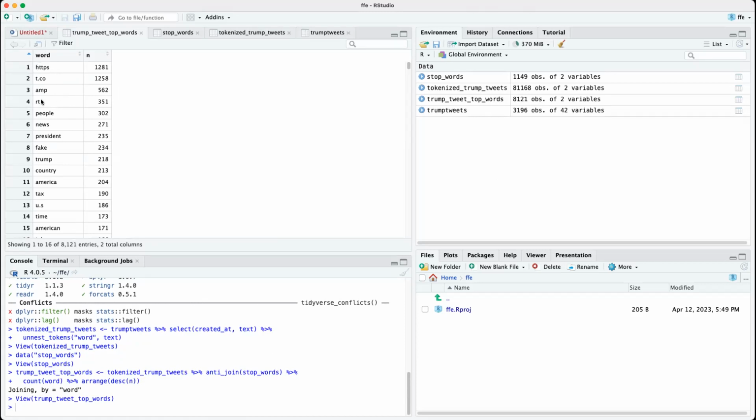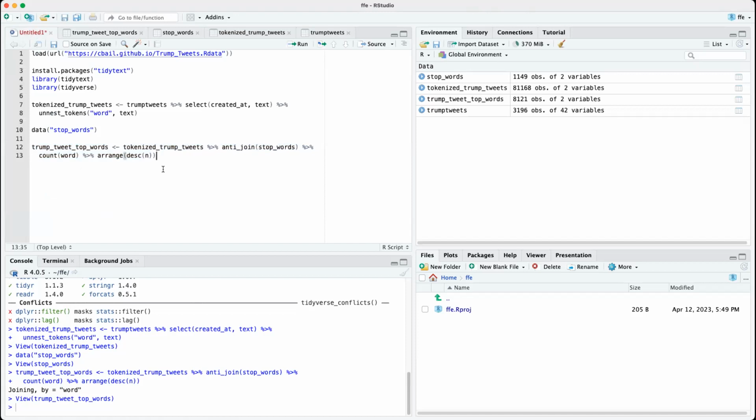And now I still have HTTPS, TCO, AMP, RT. These are stop words that originate from the URLs that we are using. So we also have to get rid of them so that we can start with the actual top words. These top words are not really top words, they're just URL links that I need to get rid of. So here, what we do